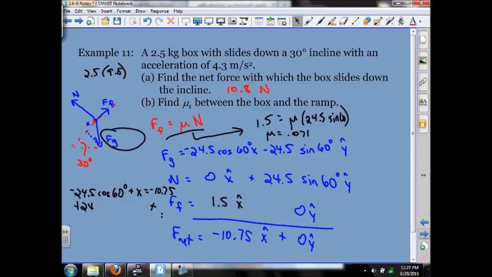Any questions on example 10 or 11? I got... what did you use 9.81 for? Yeah. Oh, I used 9.8. Notice on your grade sheet, it's 9.8. Yeah. So we